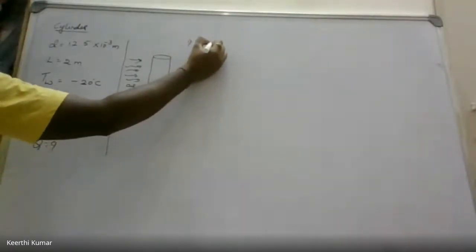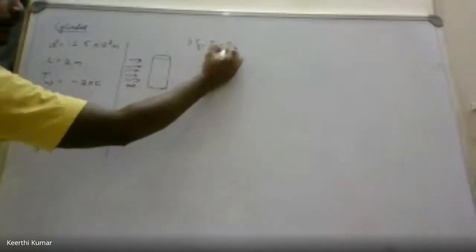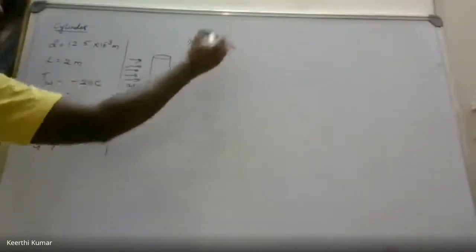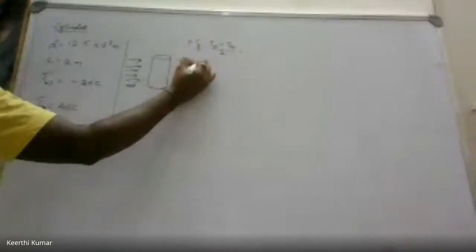T film, T wall, T infinity by 2. See, I'll write the formulas first. You go on telling the answers. Then properties